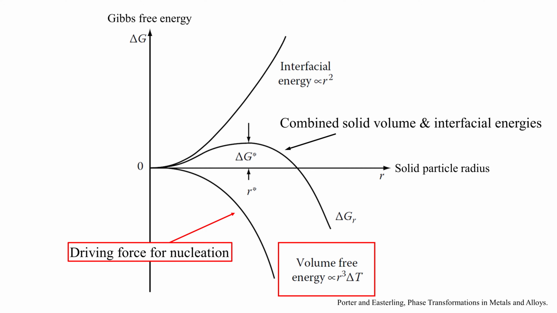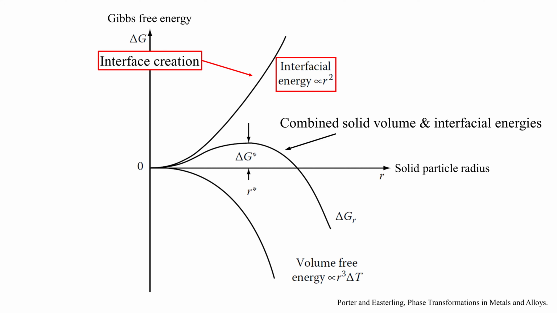This is often called the solid volume free energy. In the graph here, the free energy is plotted on the y-axis and a solid particle radius on the x-axis for a metal below its freezing temperature. The free volume line shows that with increasing particle size, the net change in free energy becomes more and more